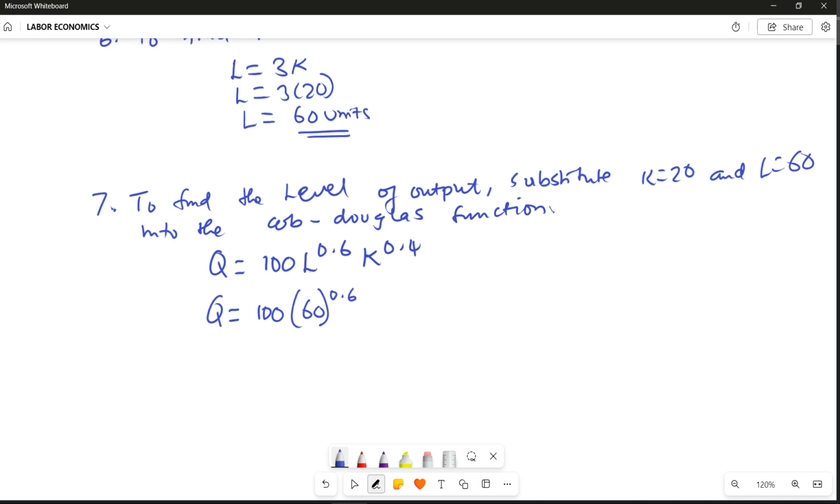We'll raise this to the power 0.6. Where there's K, we know that K is 20. We raise that to 0.4. Then just go on the calculator and punch. So 100, open bracket, 60, I'm raising this to power 0.6, yeah? I'm multiplying that with 20 raised to power 0.4. So this is giving me something like Q is equal to